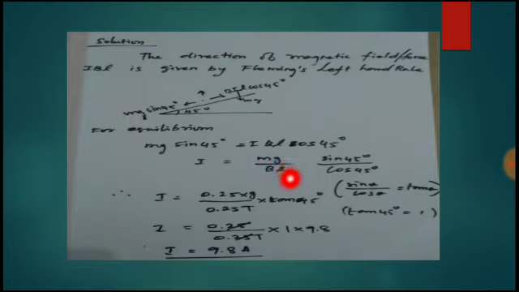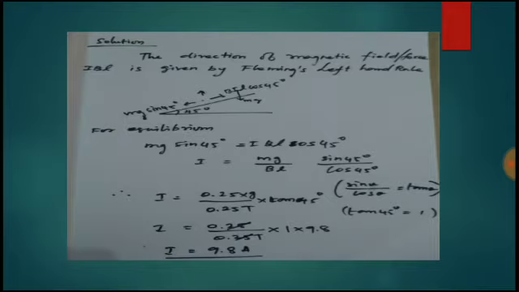The mass is equal to what? 0.25 into gravity, divided by B, which is given as 0.25 Tesla, into tan theta. The L value is equal to what? 1. Therefore substituting the 1, the 0.25 cancel. Tan 45 degrees is equal to 1. Therefore into 9.8. The G value, acceleration due to gravity, is 9.8. So I can get 9.8 ampere. Right? 9.8 ampere. The current in the conductor on the slope is 9.8 ampere.